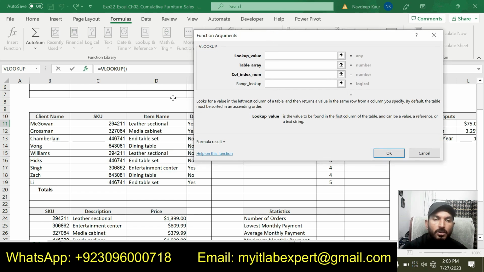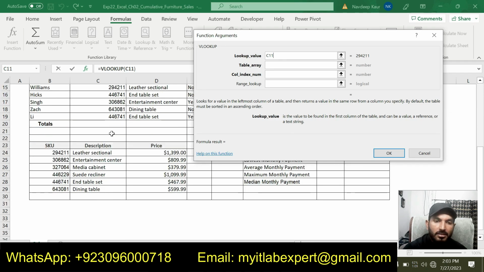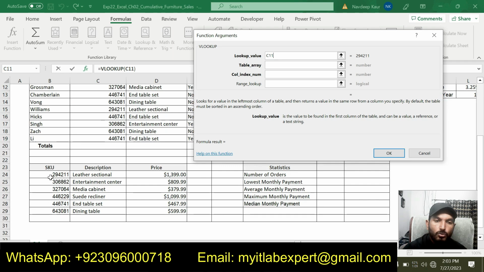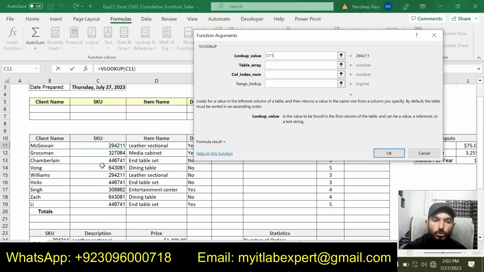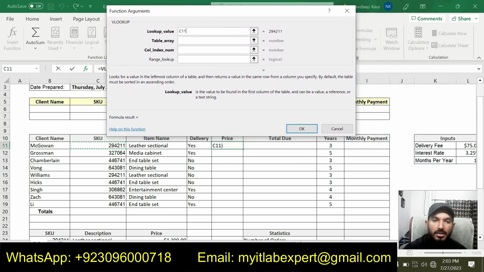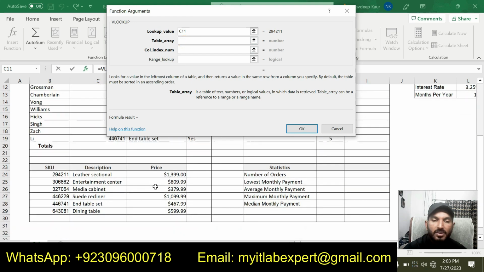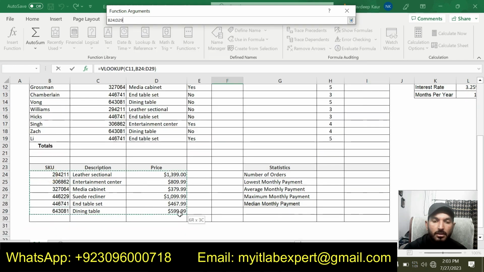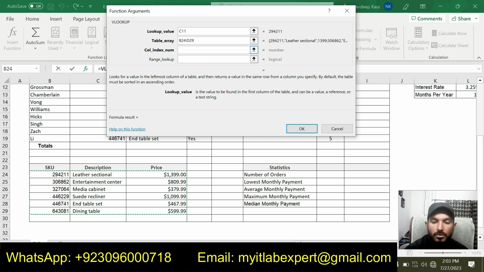Our lookup value will be the SKU column, that is C11, because this information matches the table array. So I will use C11 as the lookup value, and the table array is the inventory information, that is B24 up to D29.